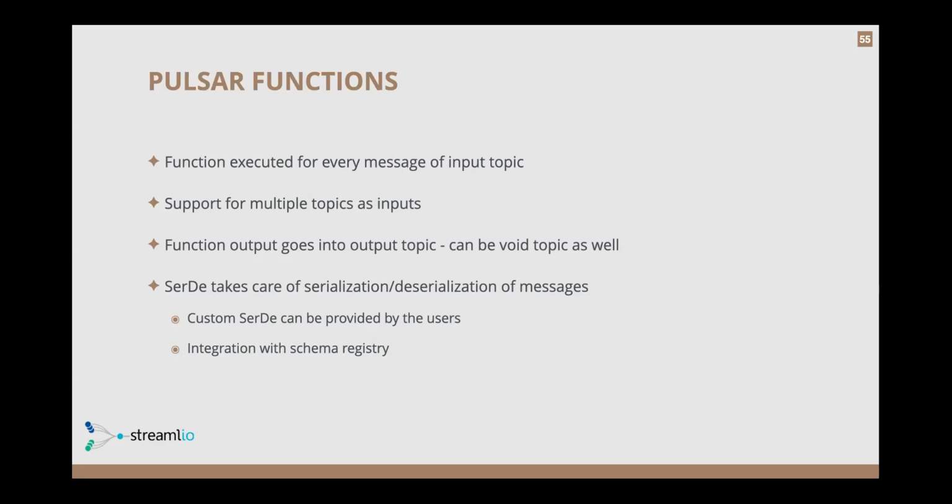Your function could do something like update a database table and you want to return null, just to return void, just to indicate that you're done processing it. And then the built-in serialization takes care of, from the schema registry we talked about earlier, automatically handles the serialization and deserialization of the messages. So rather than doing just a string and you have a more complex JSON type, and your function takes that as an input type, it will deserialize that object and create one for you, so you have an actual instance of that in your function.